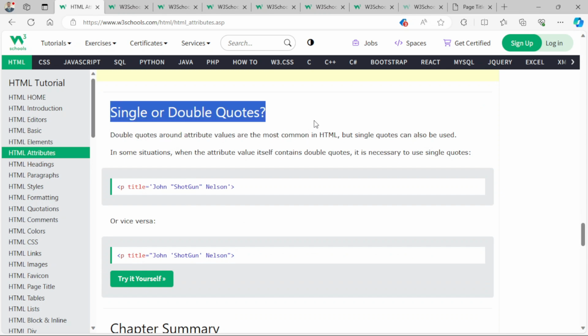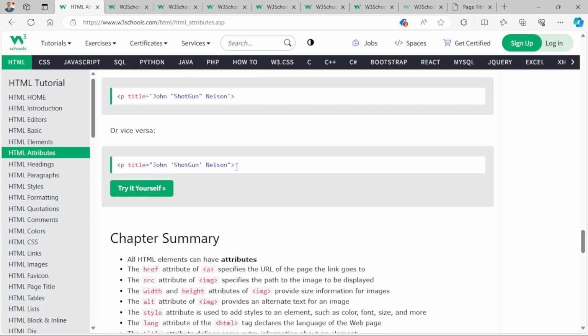Single or double quotation marks, again, this is a debatable thing. You can, however, use both quotation marks in HTML. You can use single quotation and double quotation. However, in case you want to print a single quotation within your own statement, then you use a double quotation outside and use a single quotation inside. So if I use this example,